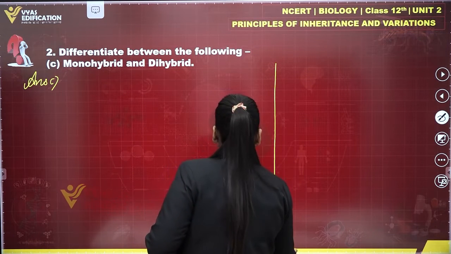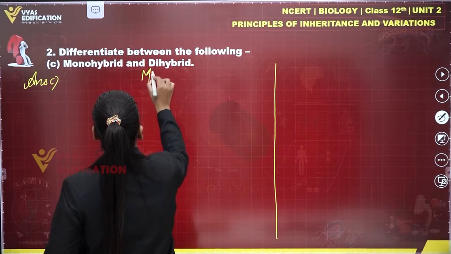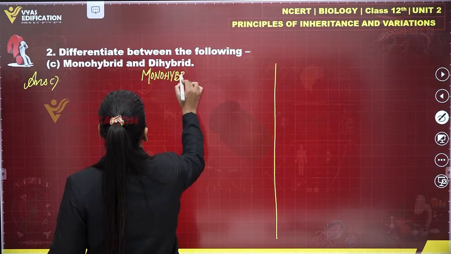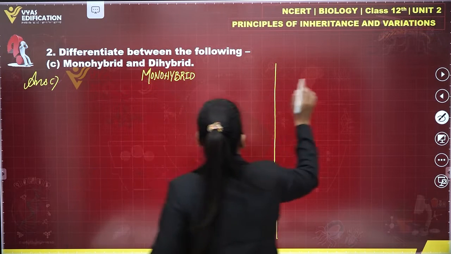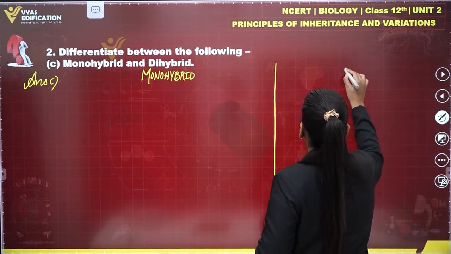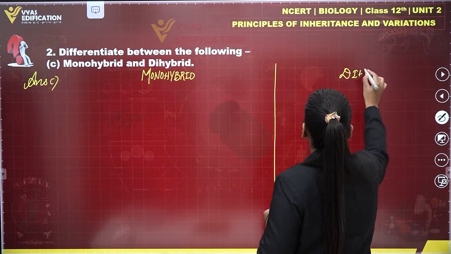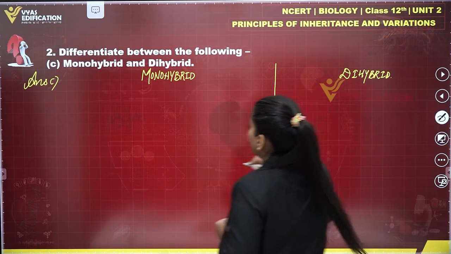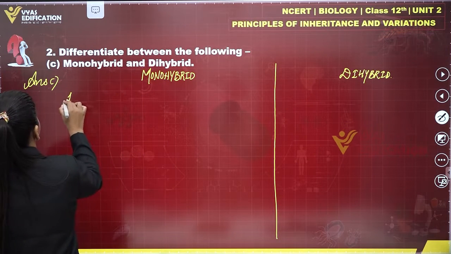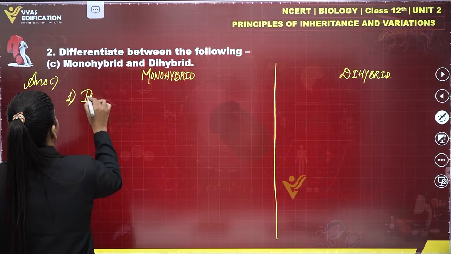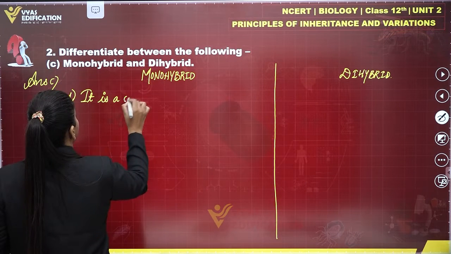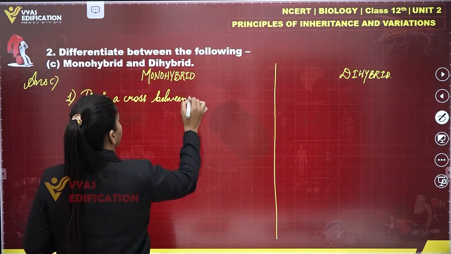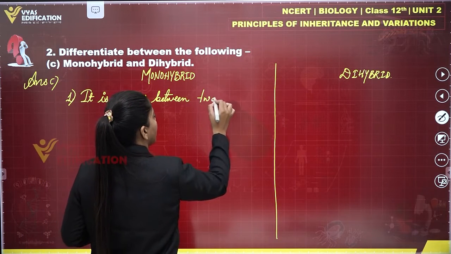In the left column, we are going to write about the monohybrid. Both these are crosses. Dihybrid. So first is, it is a cross between two pure organisms,